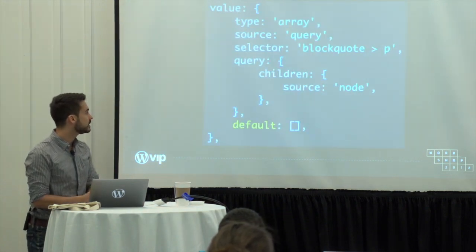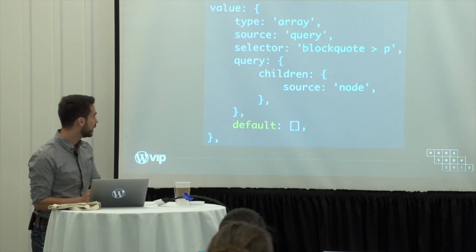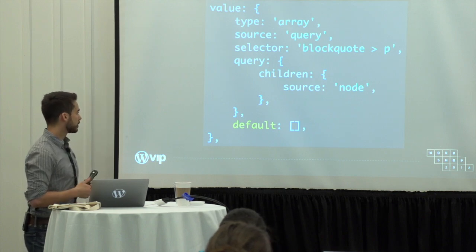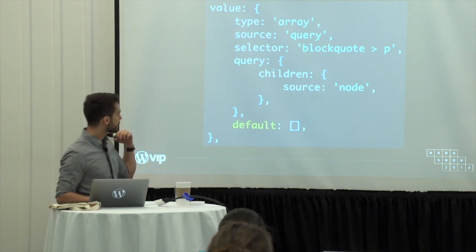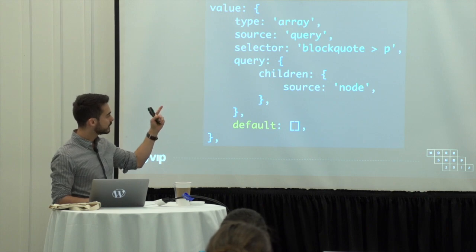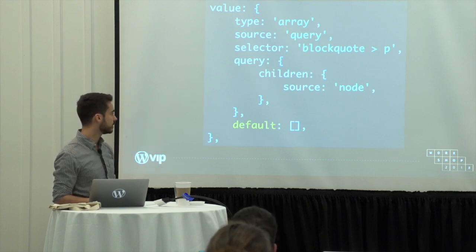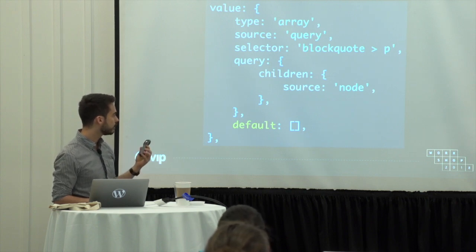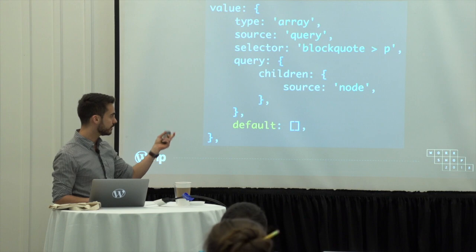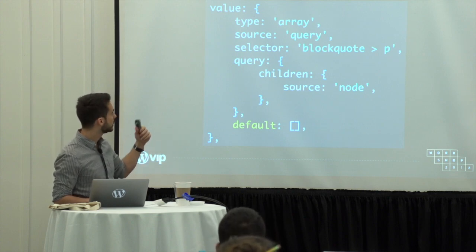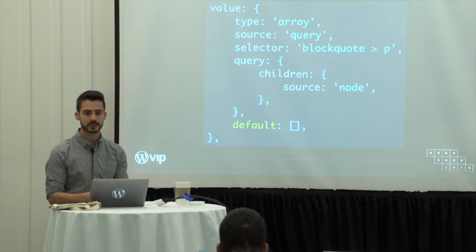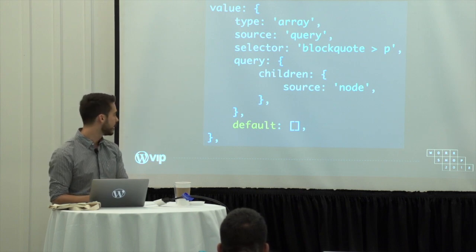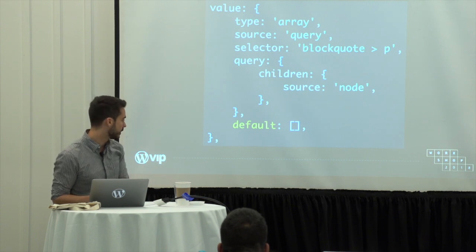This one is the bigger one. This is the actual quote, the contents of the quote. And it's using the custom queries. So what we're saying here is we should be selecting any paragraph that is a direct descendant of quote. And then inside that, what we care about are the actual nodes of each paragraph. And so at the end, our value attribute, which is an array, should be an array of those nodes. And this is how we then manipulate the content. The default is an empty array because